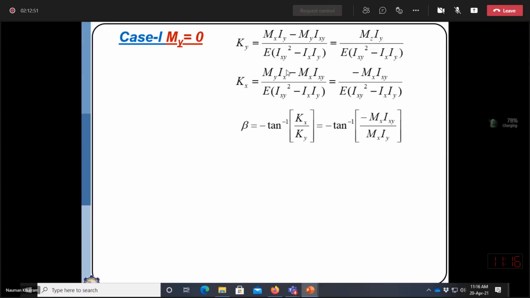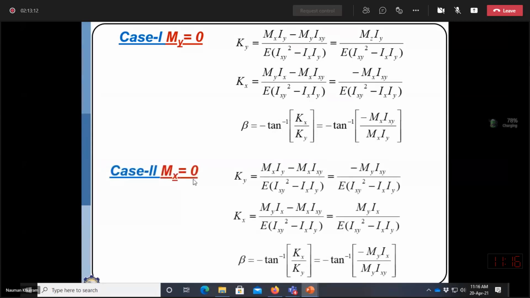So in this expression, if My is 0, this parameter will be 0, so you will have this parameter. And beta will be equal to minus tangent inverse of kx over ky. So we will have this equation. So if the moment acting about the x-axis is 0, then